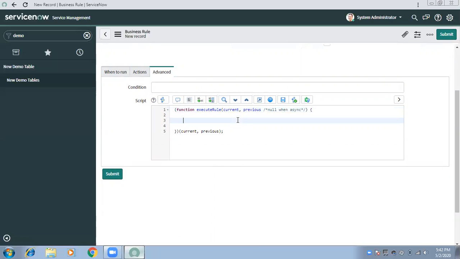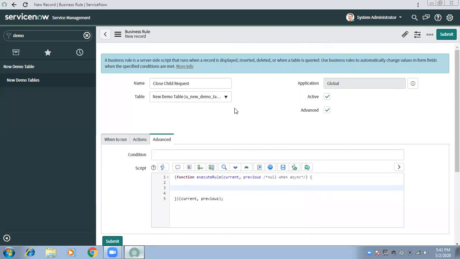Now what I need to do is get all those records from that table where the parent is the current record. Current record means the one you are closing. Coming to business rule execution or any script, at a particular time it runs on a single record. This particular business rule will run for a single record.